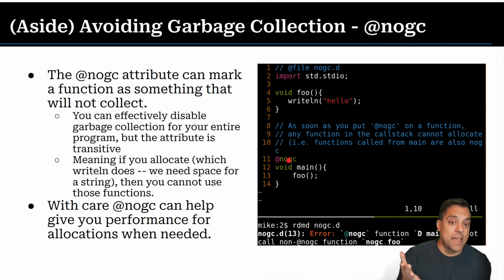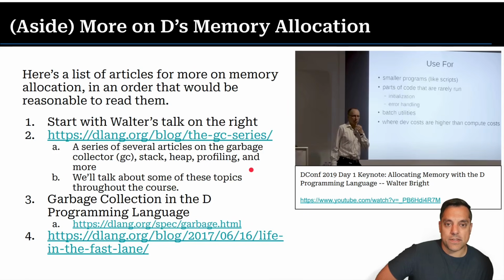@nogc. Now, if I use @nogc on my main and say, hey, don't garbage collect ever, I can't even use some things like writeln. So we don't usually use it in that form. I'd have to call like printf or some IO function that statically allocates a buffer of memory or something. But this is the idea here, that with @nogc, I can turn on and off the garbage collector. Okay, so you have some control over these things.